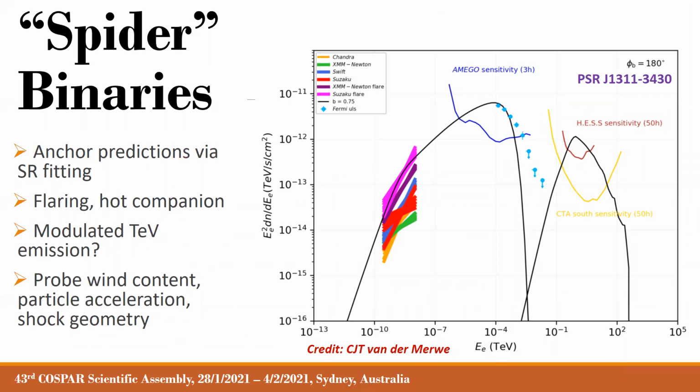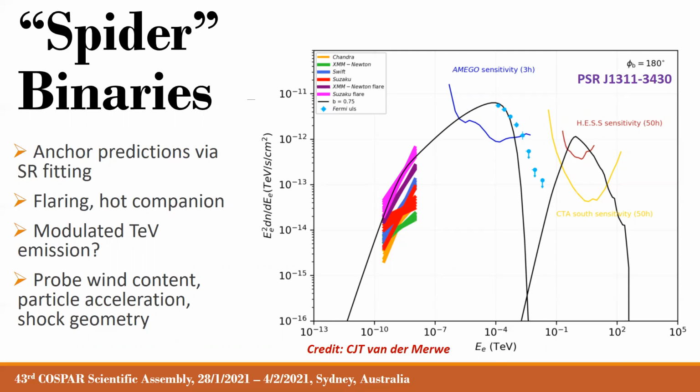slide. So what we've done here was to model the binary system and the intrabinary shock and the particle transport, and one can use the flaring states emission. There you'll see the Suzaku and XMM flaring states and the power laws of emission measured there, non-thermal emission, and one can fit this with an SR component, also with the Fermi data upper limits there, and the modulated emission by Fermi. The fit is not perfect, of course, but one can use the anchor of the SR data